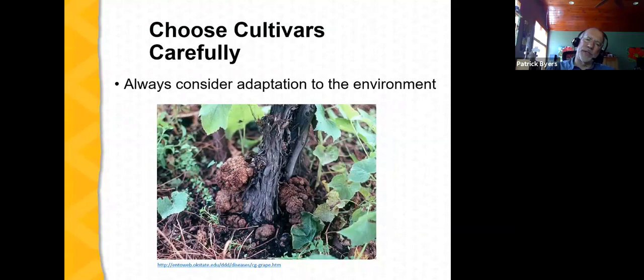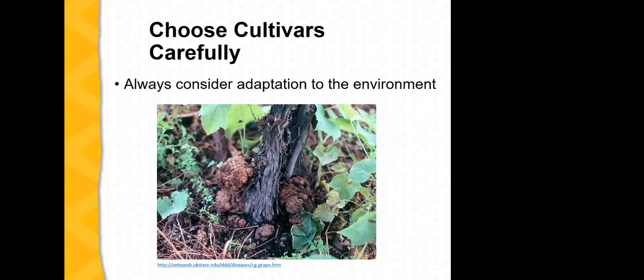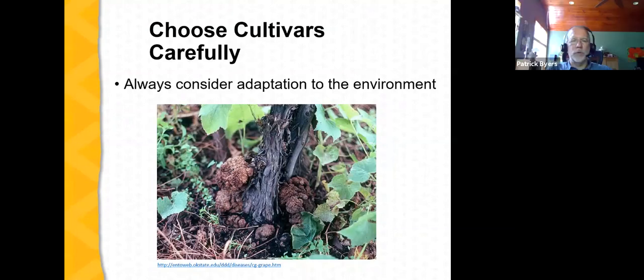And what's happening here is that cold temperatures damage the plant. They disrupt cell walls. They can damage even the woody part of plants. And then once this damage has occurred, those cells become susceptible to infection from the crown gall bacteria. And then the result are these galls, or these growths, which can be very damaging to the grapevine. Grapevines that are hardy typically have fewer issues with crown gall.